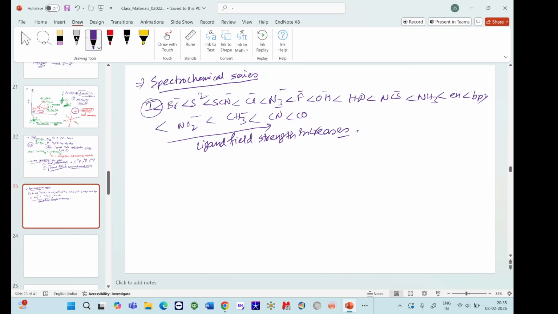Why? You can see at the extreme left, it is all your halogens or halides. There are two things called sigma donation and pi acceptance. So the ions that are present on the left side,